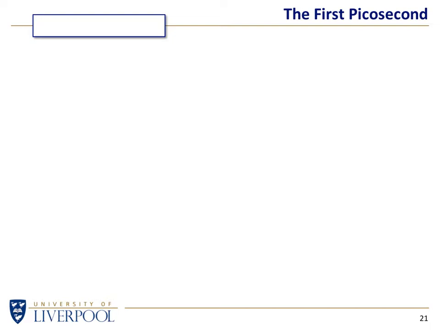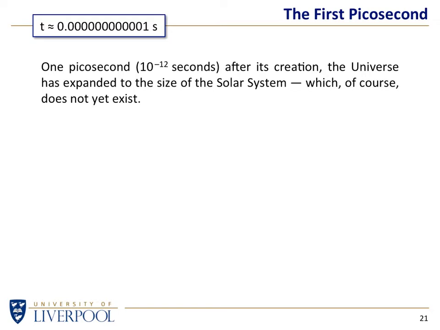Let's move forward. We are now at a picosecond. Now we are on solid ground. Now the universe is a bit bigger. The universe is about the size of the solar system. Okay, the solar system doesn't exist yet. We're still talking about a soup of particles. Basically, a lot of particles have been generated, and it's still, roughly speaking, a sphere, but it's now what we would now call the size of the solar system, even though the solar system doesn't yet exist.